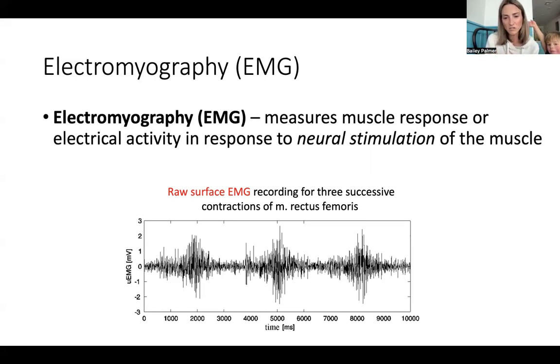But if you look at those signals, the signal of contraction of the same muscle within